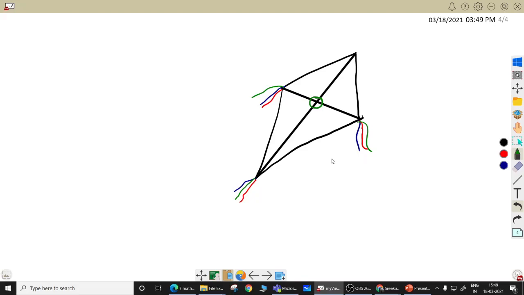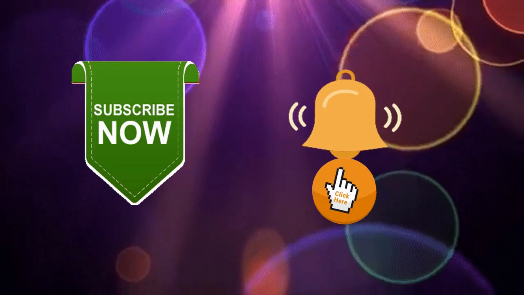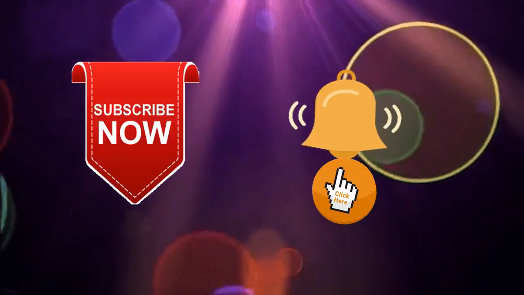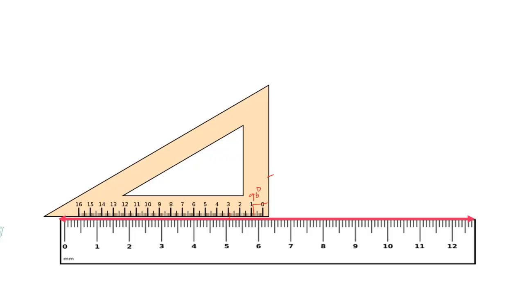And if it is not at the center, we very well know that the kite won't get proper balance while flying, correct? And this is one of the applications which I remember when I think of perpendicular bisector. So I sum up this particular chapter of geometrical construction by showing you something which you have already learned. One is about drawing perpendicular bisector using what we say set square, then with a protractor, and